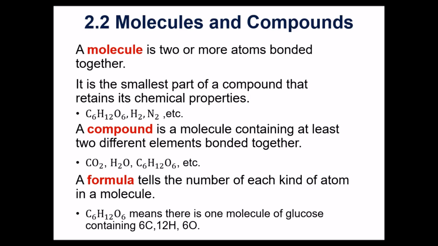When you look at a chemical formula, that includes the number of each. And so again, this is glucose. This is 1 molecule of glucose, and it contains 6, because of that 6 there in the subscript, that means I've got 6 carbons, 12 hydrogens, and 6 oxygens that make up that single molecule of glucose.